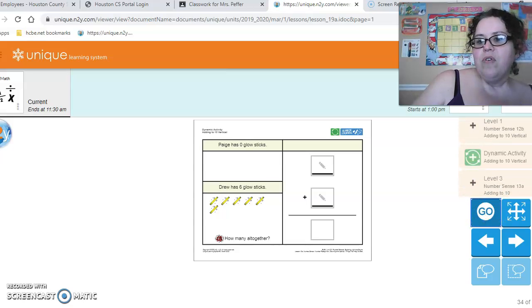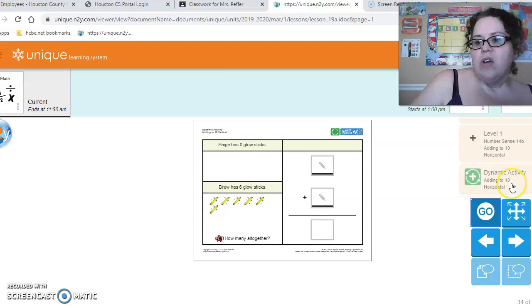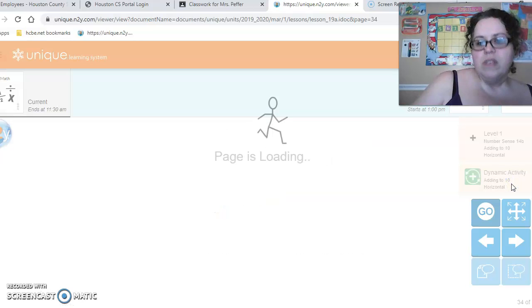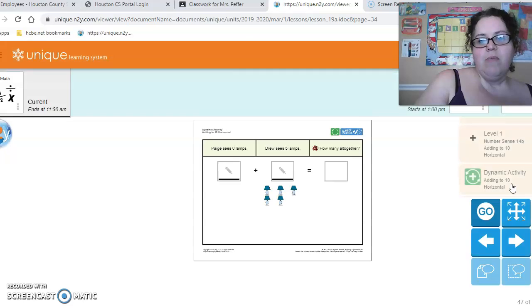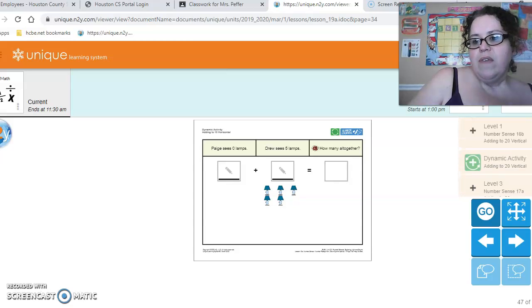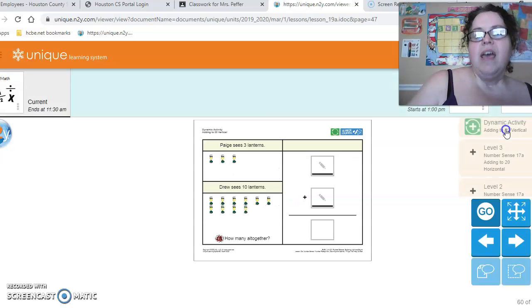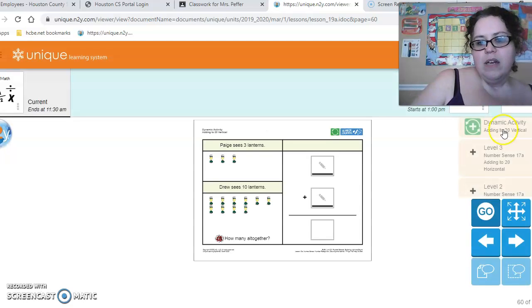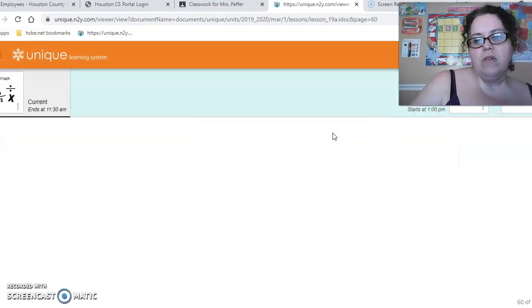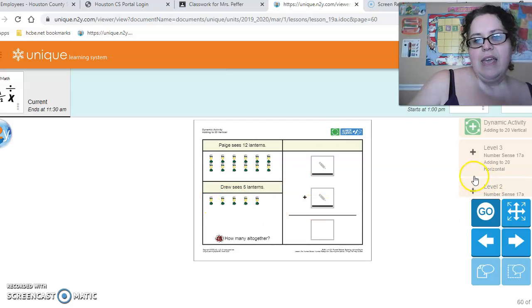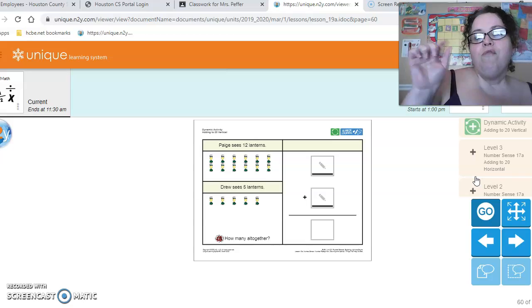There are several different dynamic activities within this one activity. There's adding to 10, and then there's also adding to 10 horizontally. You'll see in a second when it comes up here, it displays the problem going horizontally instead of vertically. And if you go down a little bit further, there's also adding to 20, both vertically and horizontally, and they're all the same. You just touch the little green recycle button, and it gives you a new problem every time. So there are 4 different